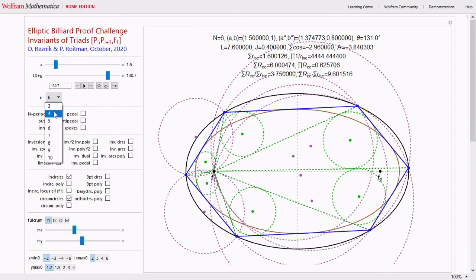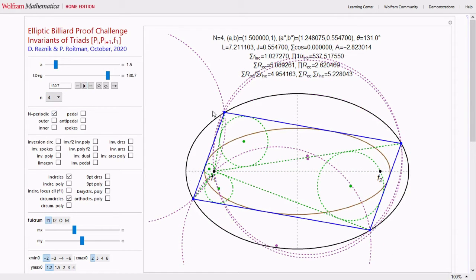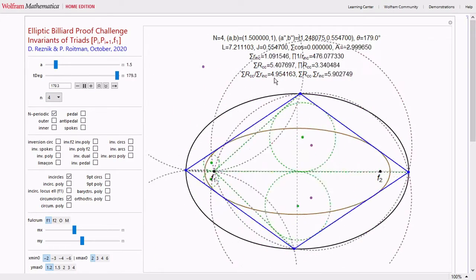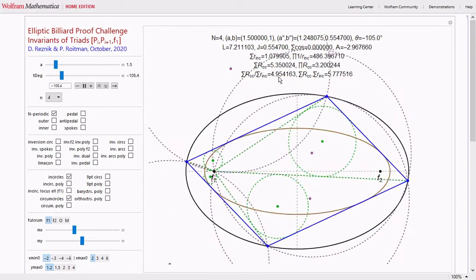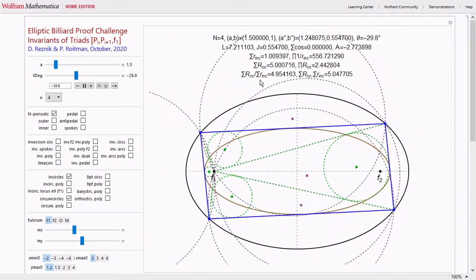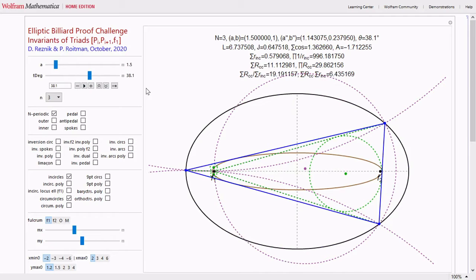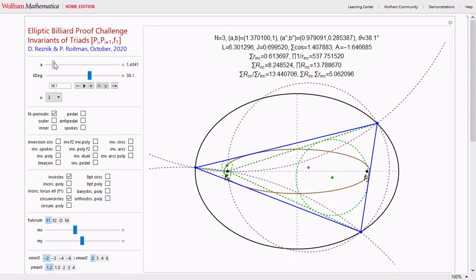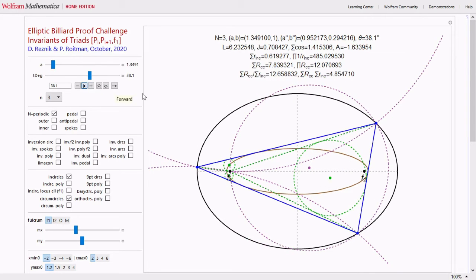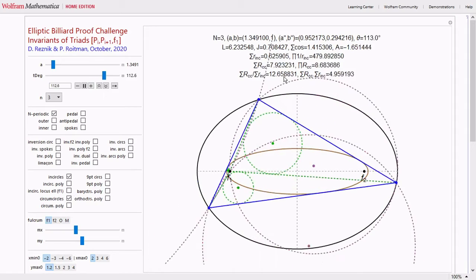Let's do n equals 4, for example, in which case the n periodics are a family of parallelograms. I also get a stable ratio of sum of circumradii by sum of inradii. Let's go for the n equals 3 case, and let's change this a over b a little bit, and let's watch that. I'm also getting a stable